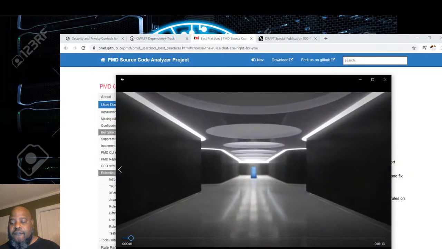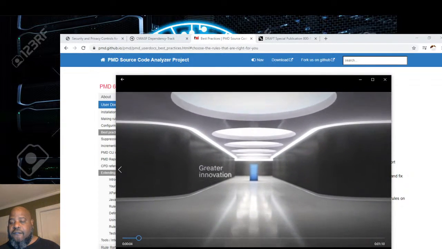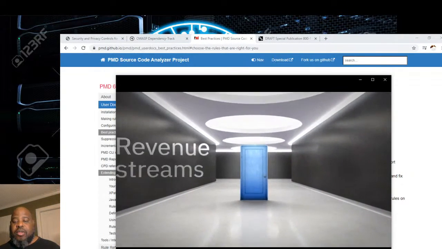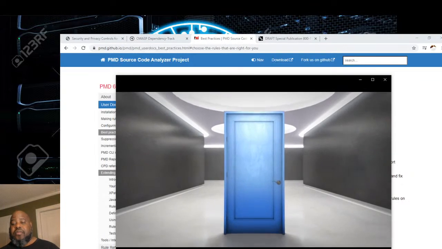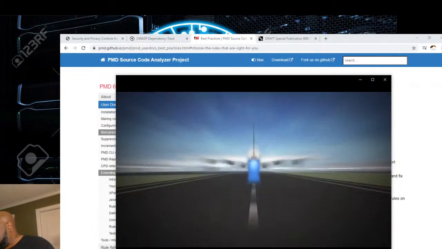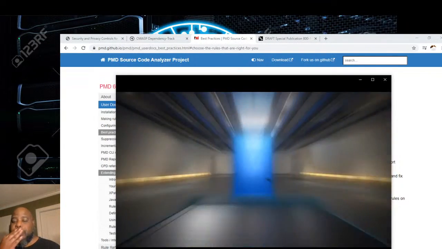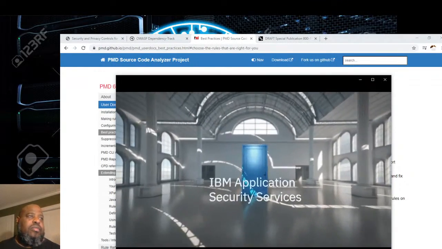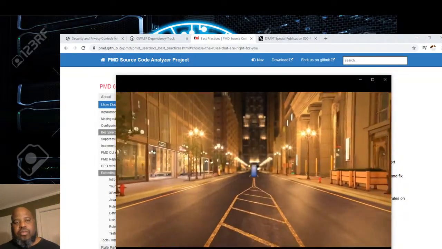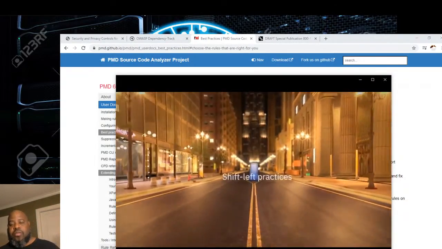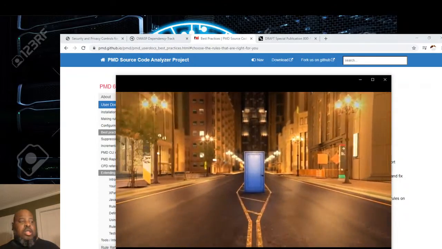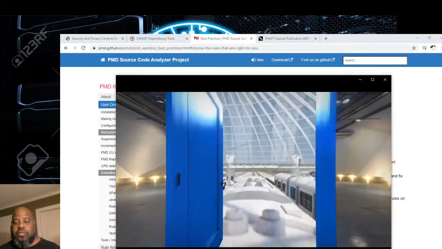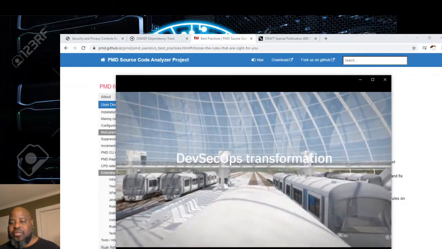Enterprise applications can be doors into uncharted possibilities. They can lead to greater innovation, customer experiences, and even revenue streams. But they can also expose you to cyber threats. What lies beyond can depend entirely on how you get there. IBM Application Security Services are designed to put you on the right path. Our experts can help you plan, build, and run your enterprise apps securely so you can open that door with confidence. As you begin your journey, we can help you get there and help you establish best practices of DevSecOps,